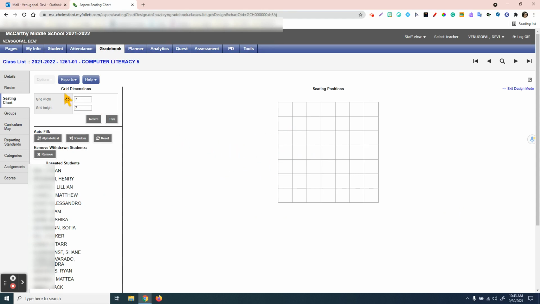But before you do that, you want to set up your grid width and height. So take a look around your room and try to figure out how many rows and how many columns you need as a setup. If you are using a setup in your room where you have stations like 4 tables